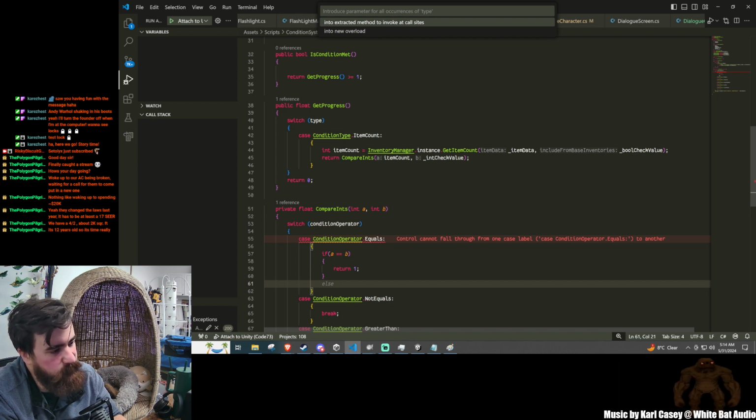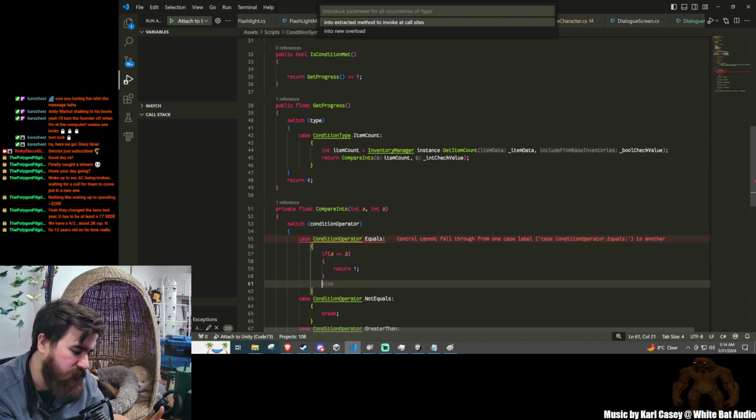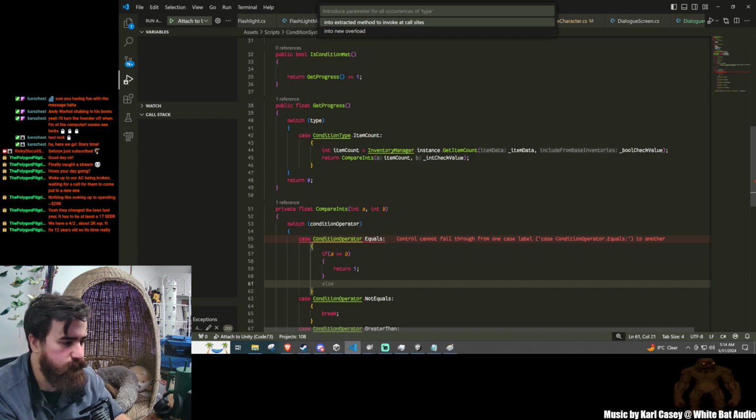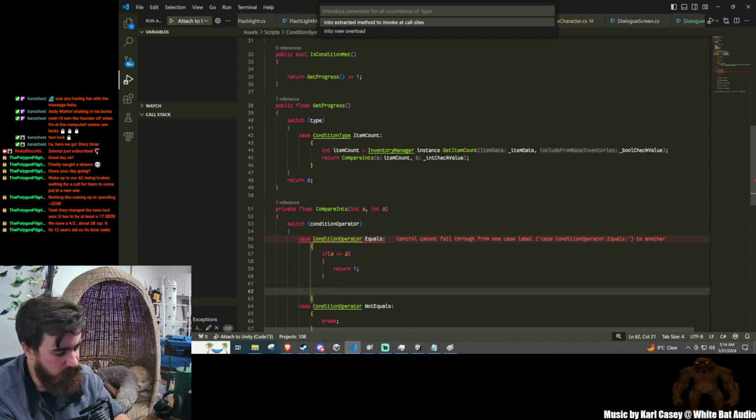Equals is another weird one, where how do you tell what the percentage is? I guess I can kind of assume it's like a greater than percentage. If I said you need to be 2 and you're at 1, that's kind of like 50% if your starting value is 0. But if your starting value is something higher, or even lower, there's a percentage here. So otherwise, we're gonna take